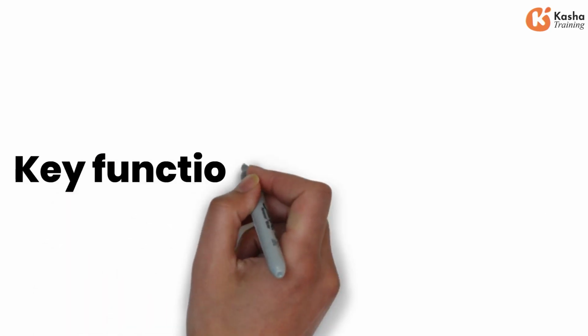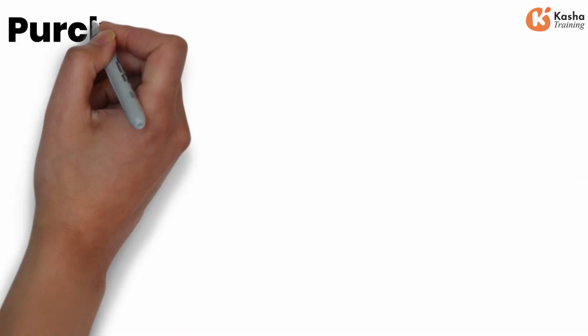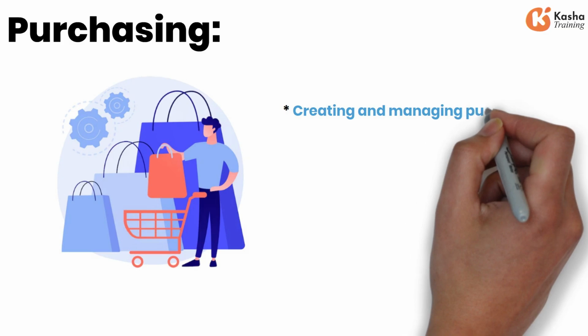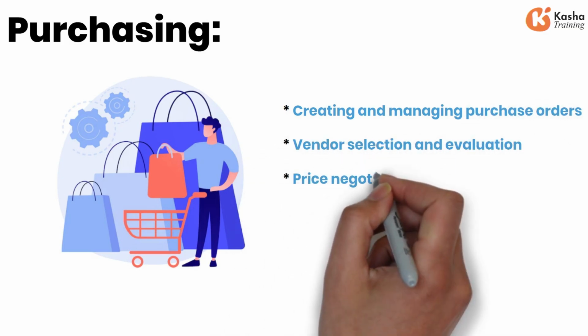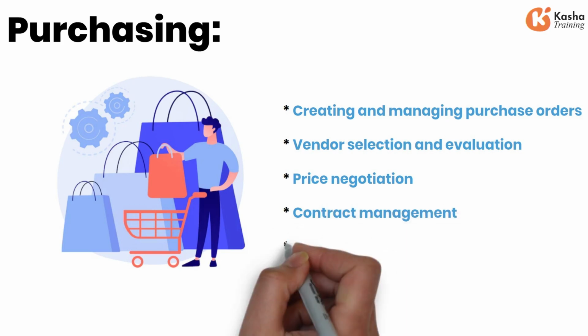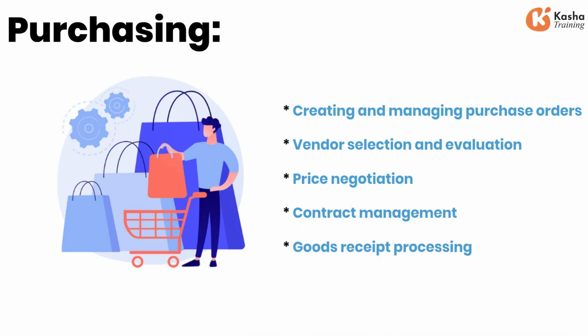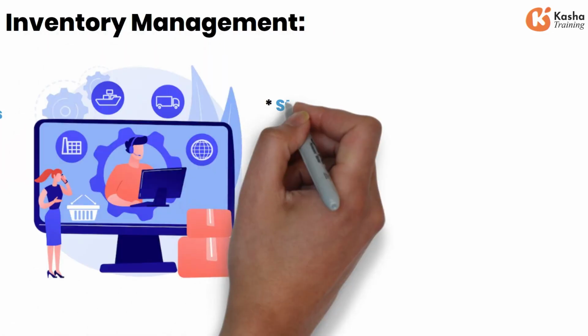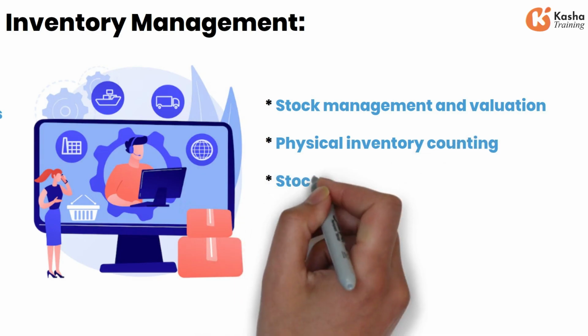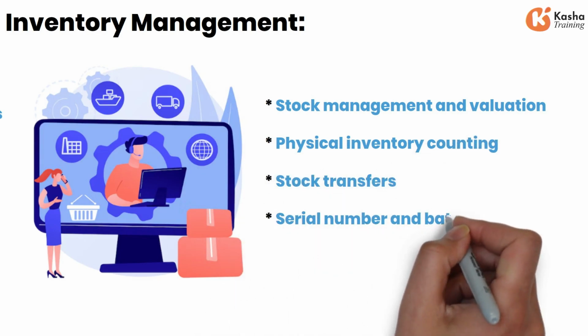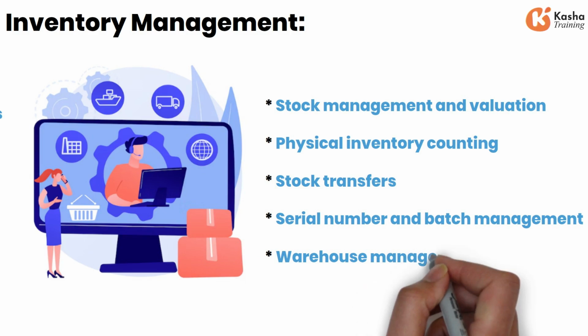Key functionalities of SAP MM: purchasing, creating and managing purchase orders, vendor selection and evaluation, price negotiation, contract management, goods receipt processing, inventory management, stock management and valuation, physical inventory counting, stock transfers, serial number and batch management, warehouse management,